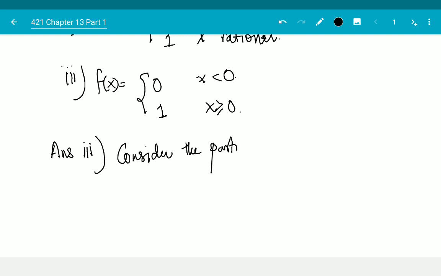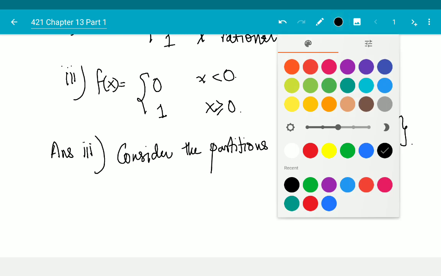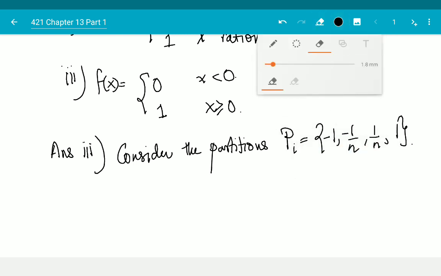So consider the partitions pi is equal to -1, negative 1 over i, 1 over i, and 1. Sorry, negative 1 over i, not n. Then